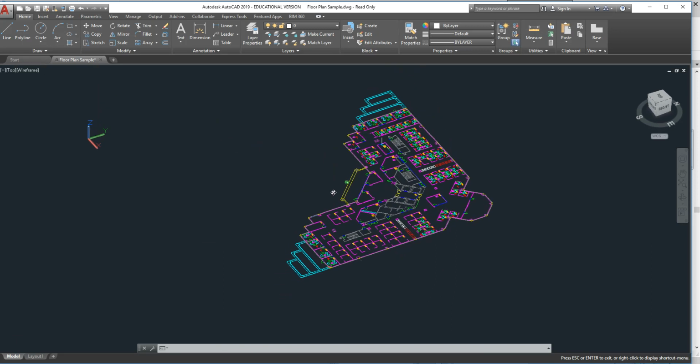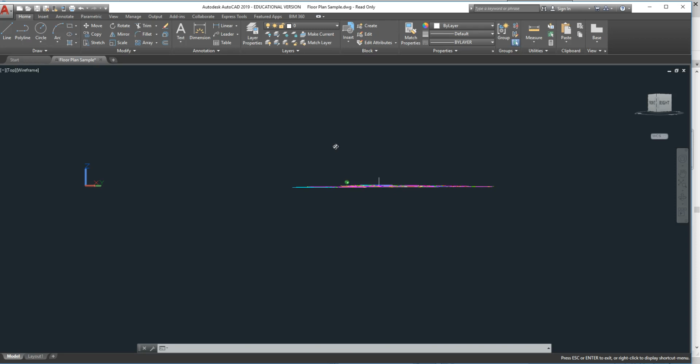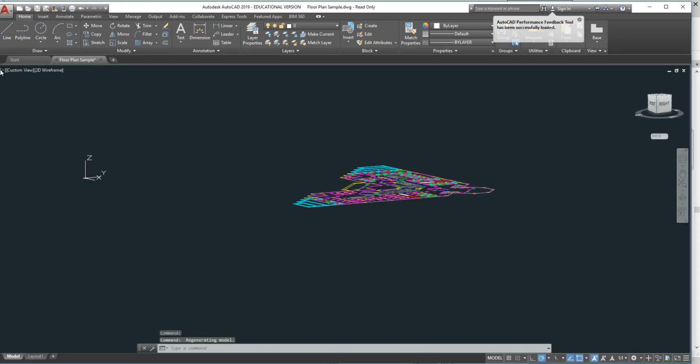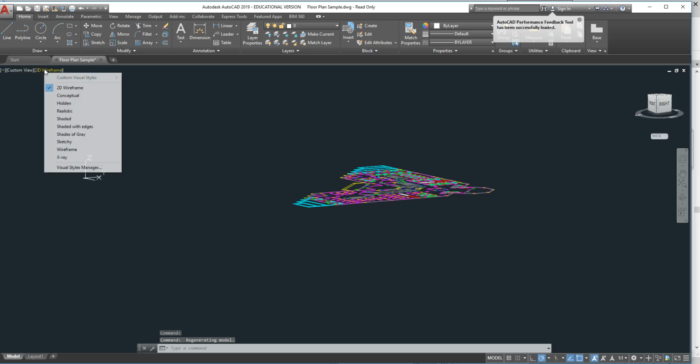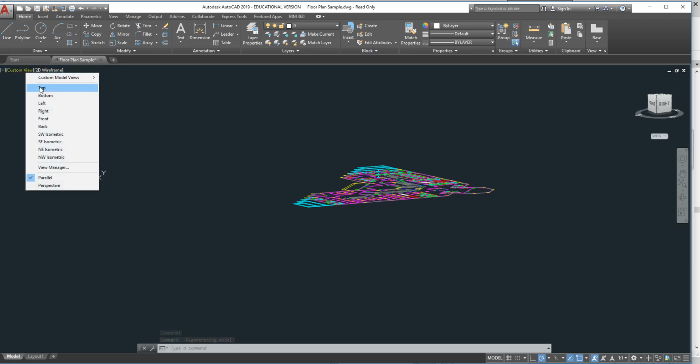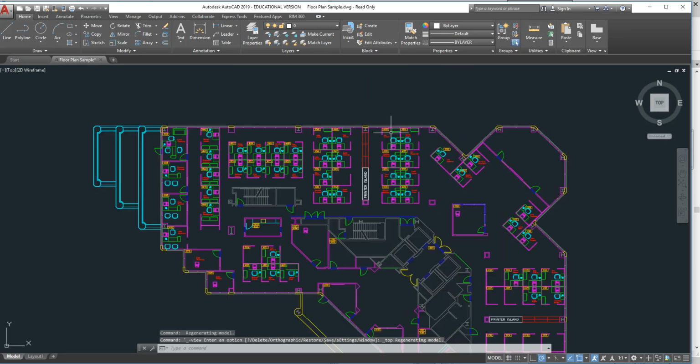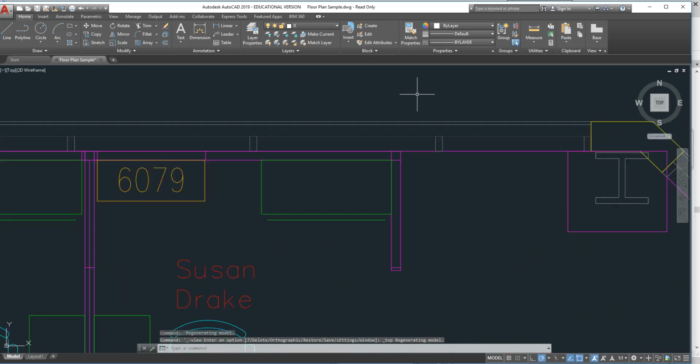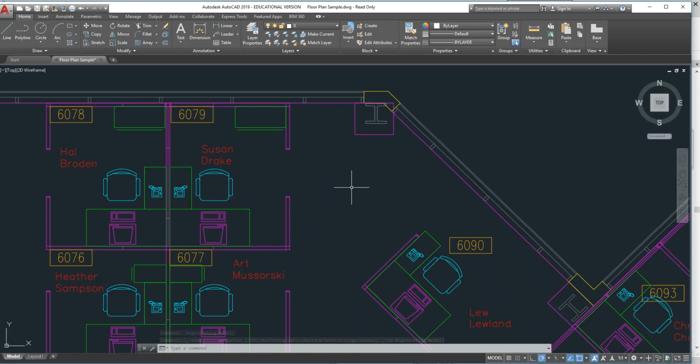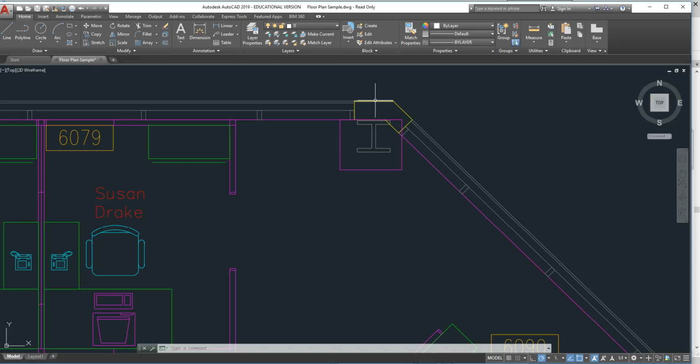If I pop this AutoCAD file into 3D, we're going to see that it is flat, right? Totally flat. Let me go back here and get to my top view. All right, I see lines and they have different colors associated with them. The way that we know, even though this drawing is flat, that this yellow little region right here is a wall